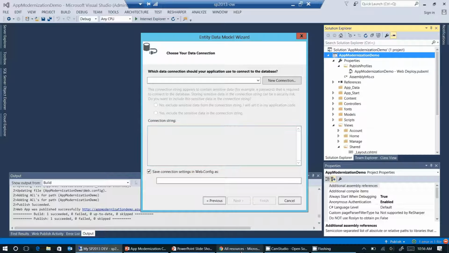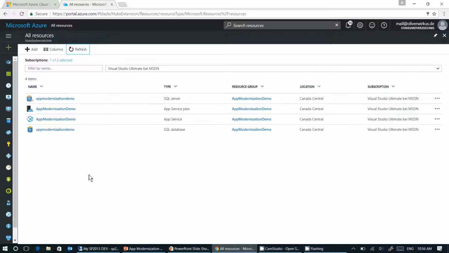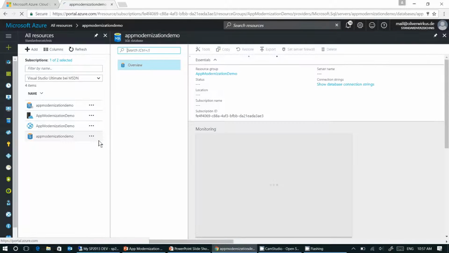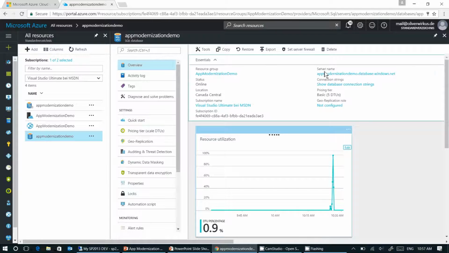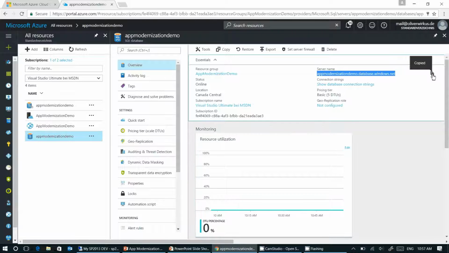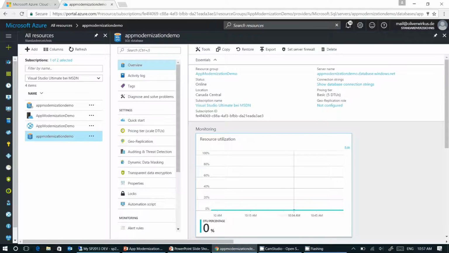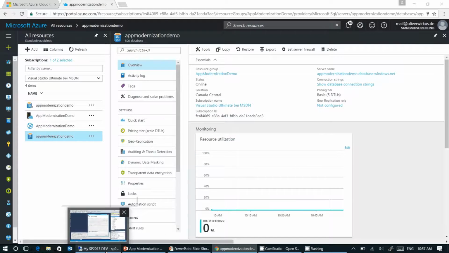Okay, let's go back to Azure, click on our SQL database, and in the overview pane you can see server name. Here's our server name, and if you hover with your mouse on this icon here, you can copy the server name. Go, switch back to my dev environment,